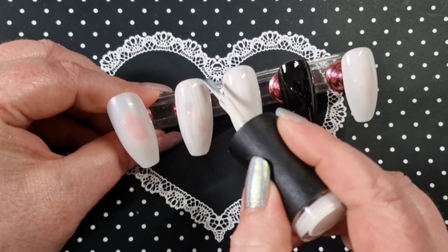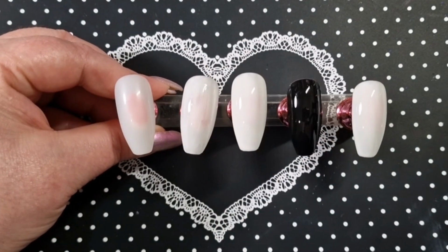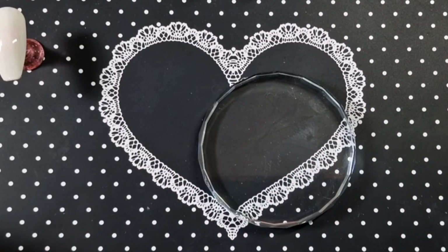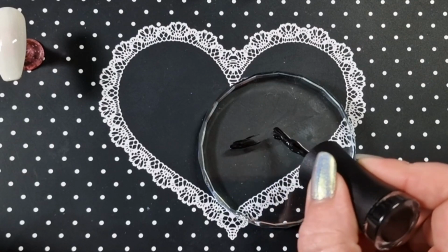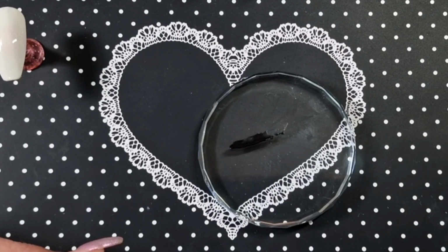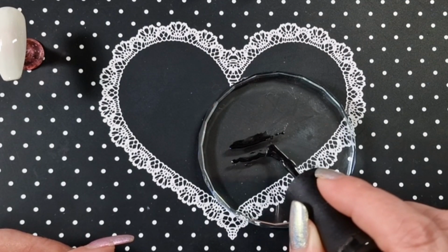And yep, I will just continue applying these very, very quickly, and then I will cure them. So that is them all done there. So I'm going to be doing a marble. So I'm just going to apply a small amount onto this mixing palette, and then I will swirl them together